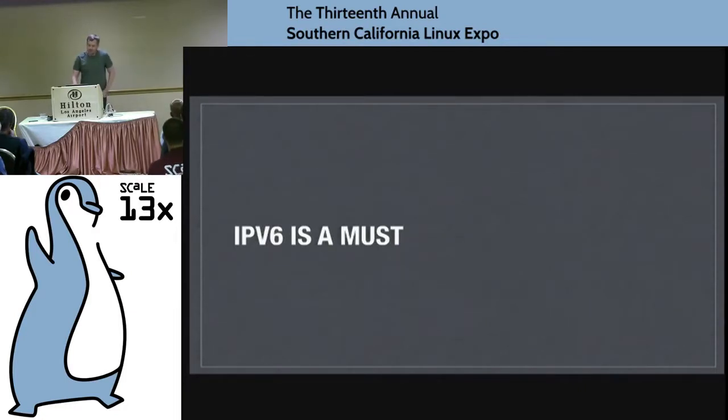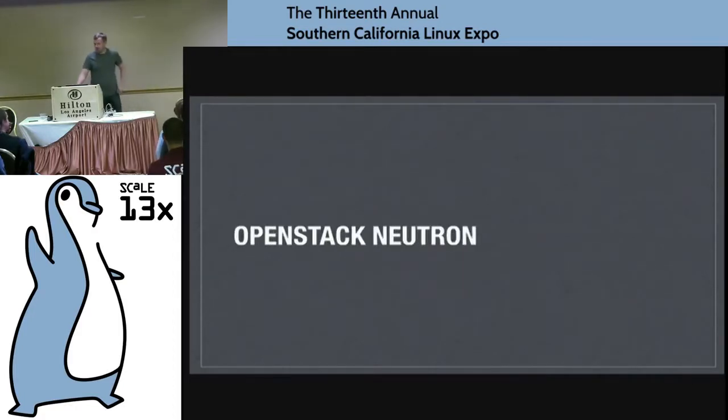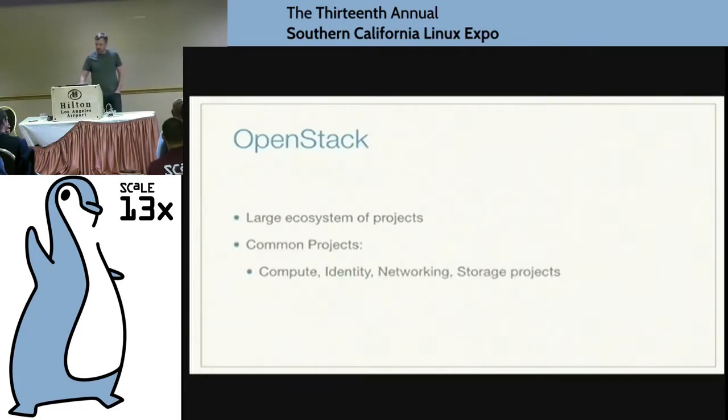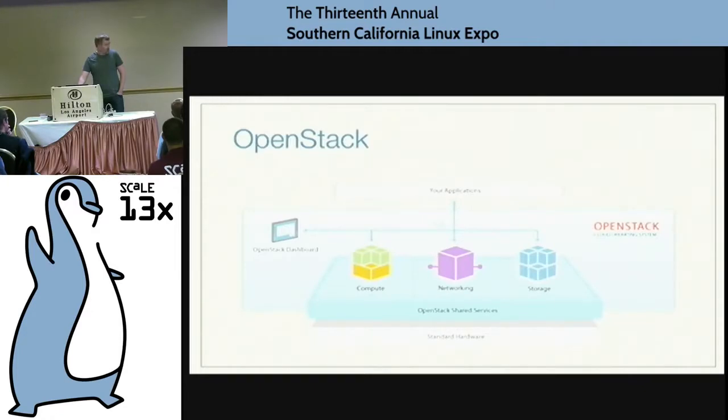It's actually here. So, having introduced and talked about IPv6 and some of the differences a little bit, let's switch gears to the other half of the equation, when we're combining IPv6 and talk about OpenStack and Neutron. For OpenStack, Monty touched on this a little bit earlier this morning, but it's a large ecosystem of projects. You have some common projects which you see across all the clouds in terms of compute, identity, networking, and storage. It's released every 6 months, like clockwork, mainly, as Monty said, because we release on a timeline, not on feature sets. And again, just like Monty, if you talk about OpenStack, you have to show this logo, so here's how all the components fit.